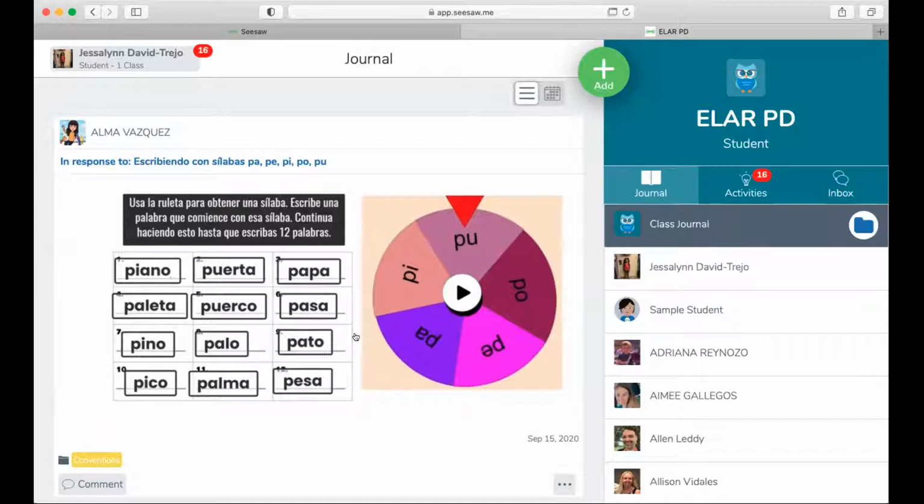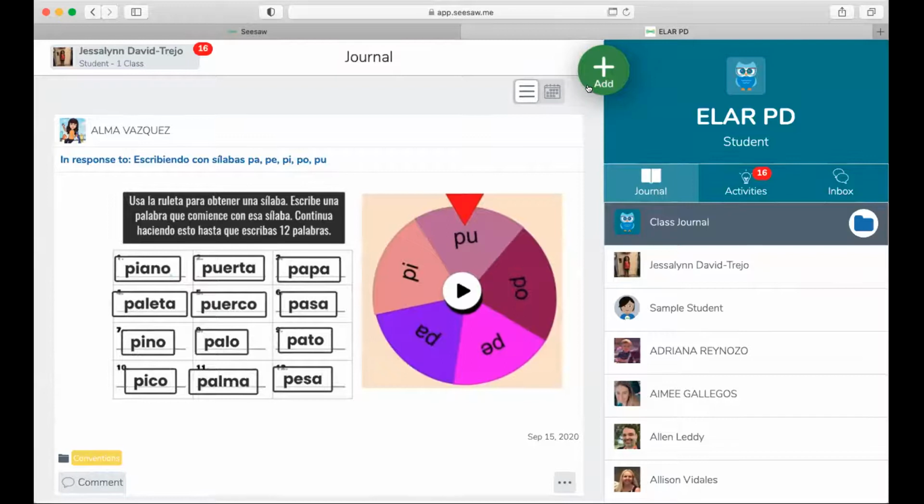But also going back to the idea of that free writing, that authentic writing, how does that look and how can we do that in this platform? So what we're gonna do right now is I'm gonna quickly show you, since a lot of you are at a level 1 and 2 with experience, the different options in how a student can respond to any activities or prompts that you may give them.